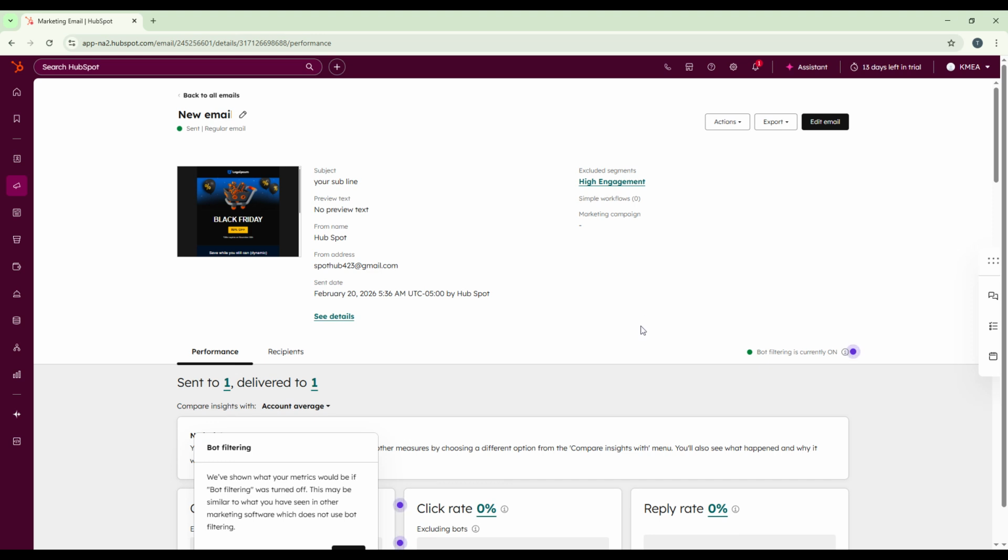You'll see a drop-down menu labeled Actions. This is where HubSpot hides several important settings related to your email. Go ahead and click on the Actions drop-down. A list of options will appear. From this list, select Save Email as Template. This option allows you to convert the current email design into a reusable template that you can access later when